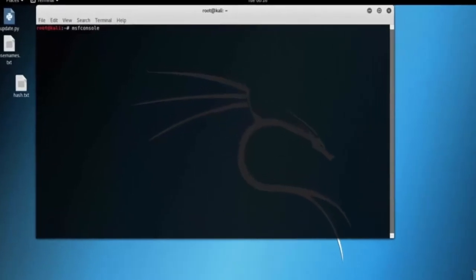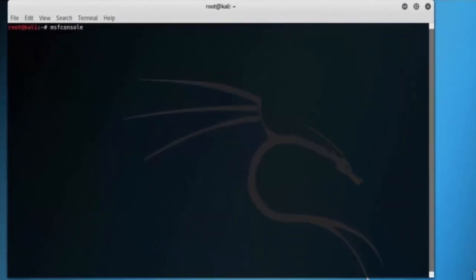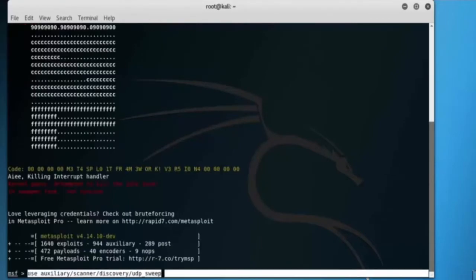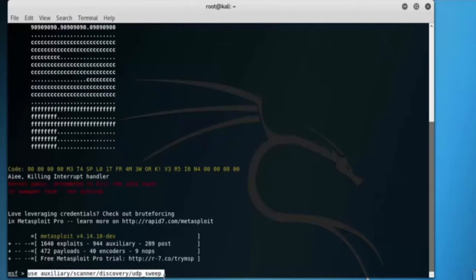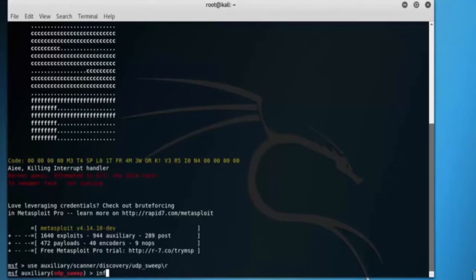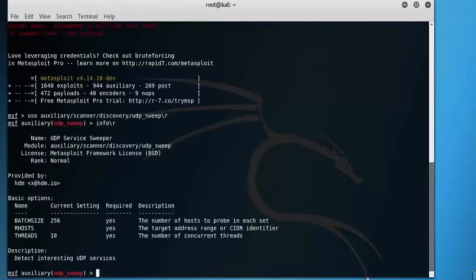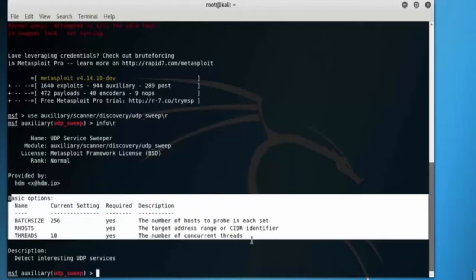Let's open up msfconsole. Type msfconsole. Load the UDP sweep module in msfconsole: type use auxiliary/scanner/discovery/udp_sweep. Type info. Here you can see the UDP sweep module information, with basic options such as BATCHSIZE, the number of